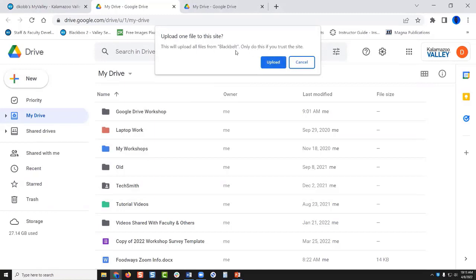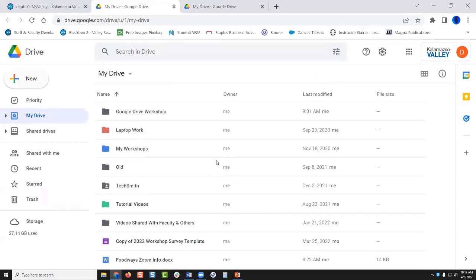It has a little security check to make sure that I do want to do this, and I can click upload and it will upload that folder. That way, you don't have to go file by file. If you want to upload all your files into your Google Drive, you can simply put them all in a folder and then upload the folder, and it'll save you some time.